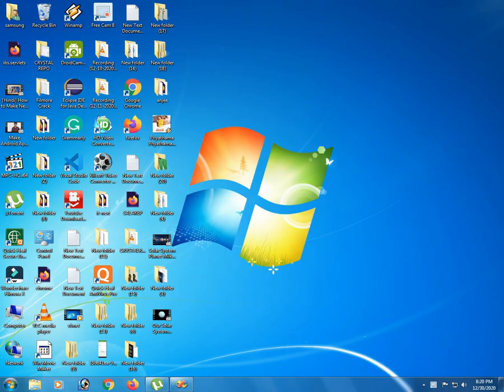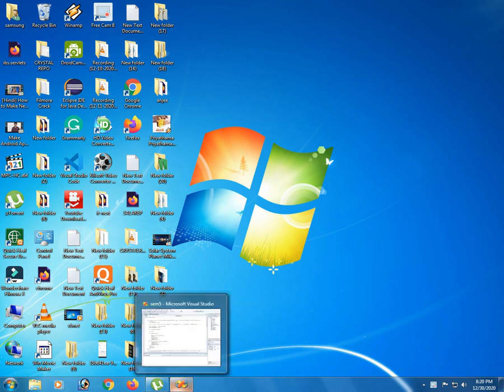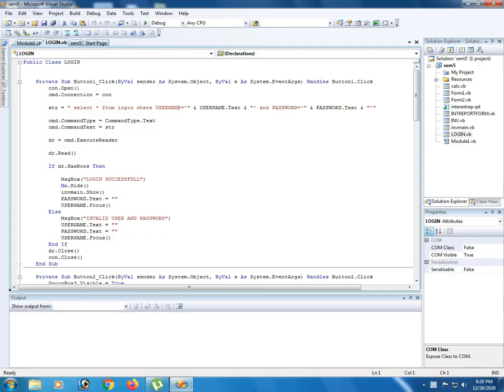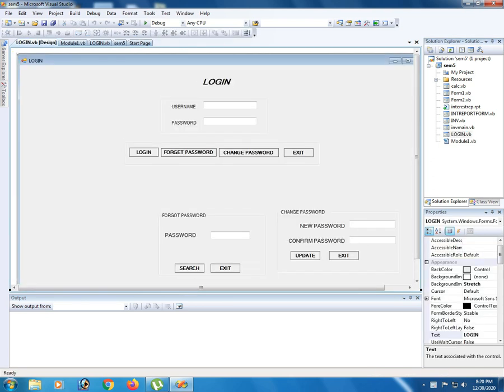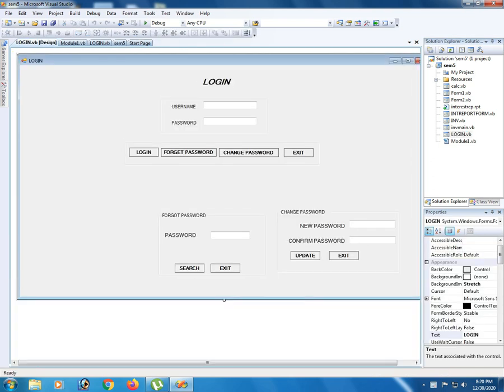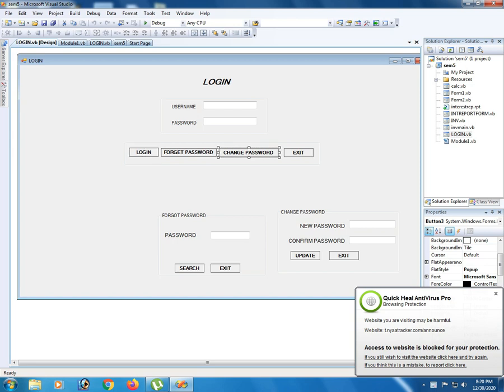So let's go. We are using group boxes because when you are using the forgot password operation, you cannot see the change password. When loading this login form, you cannot see both the change password and forgot password elements like password, label, text box, button, all these things. That's why we are using group boxes. A group box contains a group of elements, so any effect applies to all the elements inside.